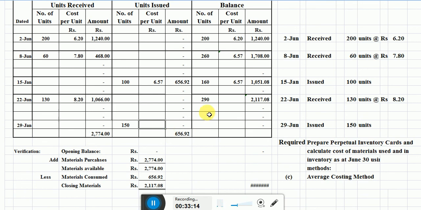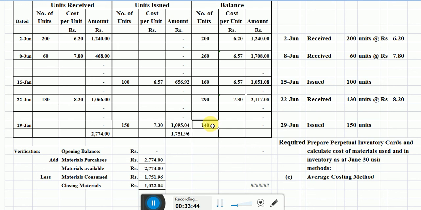Students, this is the rate, 7.30 rupees here. Now we add here this rate. This is the amount of 1,095.04 rupees here. Now the balance figure is